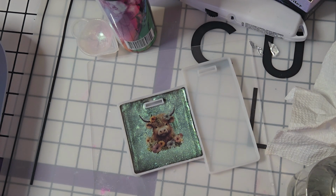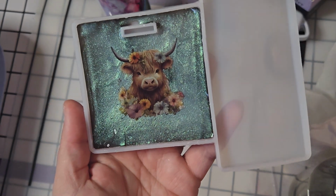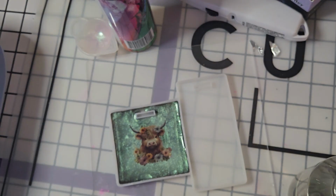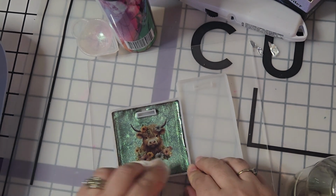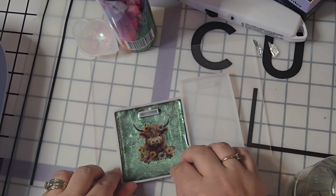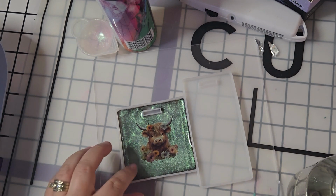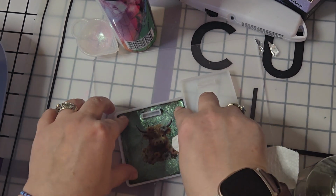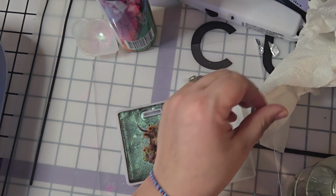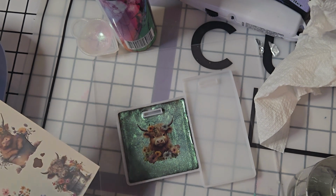Oh my gracious, y'all. Can you see this? How dang cute. I'm going to drip the water off of there. How dang cute is that? Oh my gracious. I am so happy with it. Look at you. You're so cute. I love it. I can't get enough of it. Alright, so